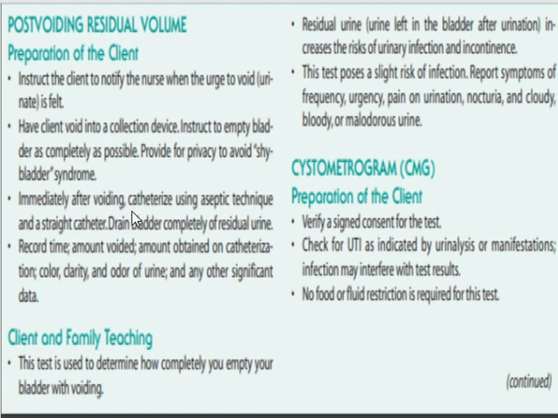Immediately after voiding, catheterize using aseptic techniques and a straight catheter. So this is not a long-term indwelling catheter. After the patient voids, immediately you have to catheterize the patient with a straight catheter. Why are we doing that? You have to see whether there is urine that is being retained inside the bladder, and that urine will be collected in another container to measure and compare the amount of urine voided by the patient as well as the urine collected after catheterization.